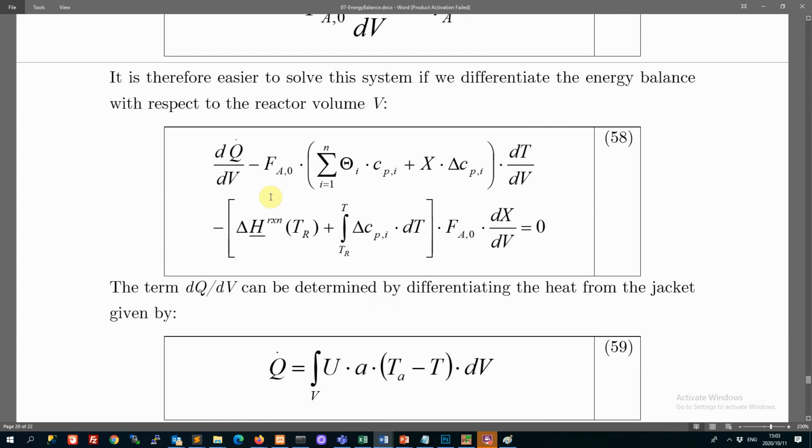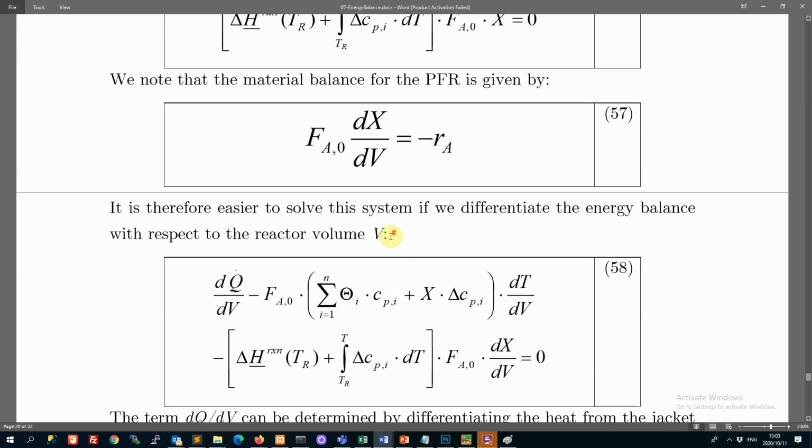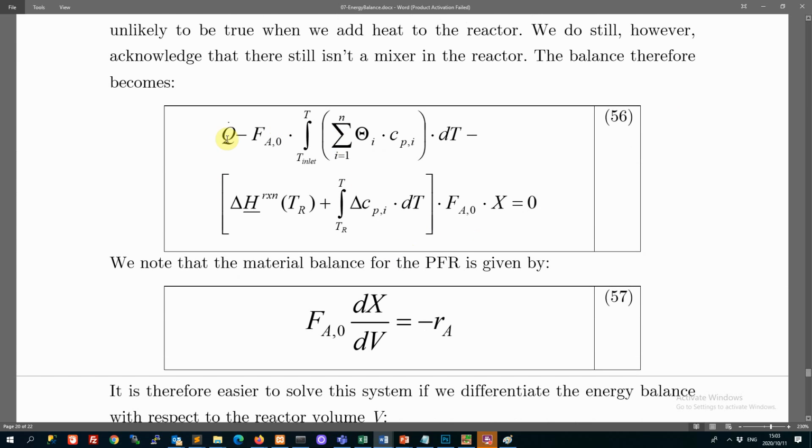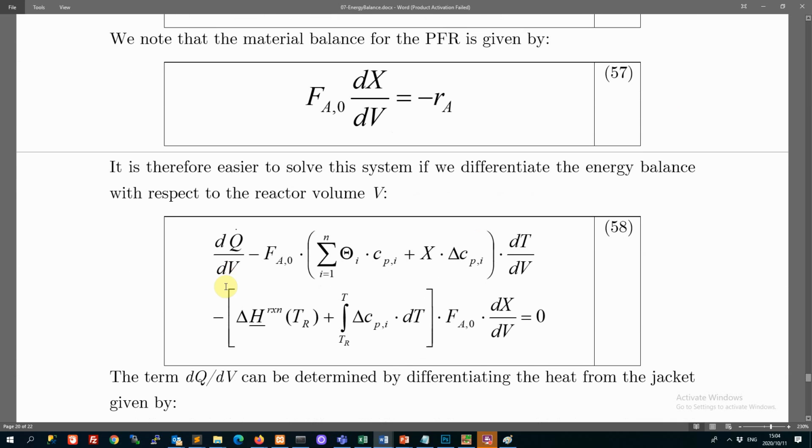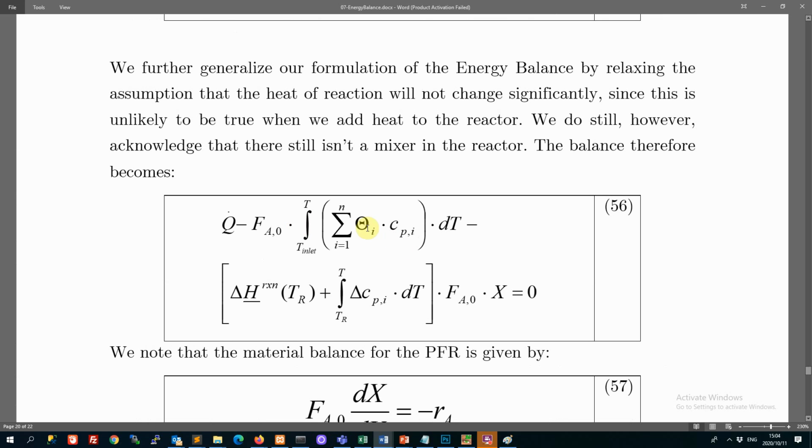So if you differentiate this with respect to volume, then of course you'll get dq dv here, so that's there. And then you have to differentiate this. And here that's a constant, these are constants. And the only thing that's not constant is here in the limit. So don't be deceived. This equation doesn't only have constants. It does have a temperature at the end, and that temperature